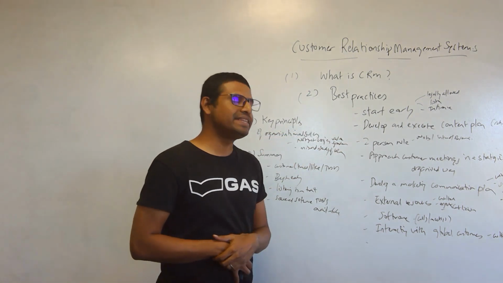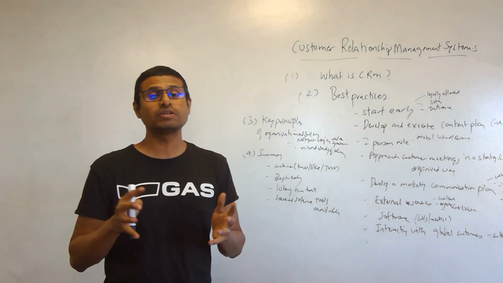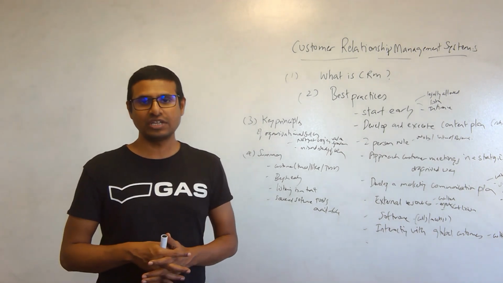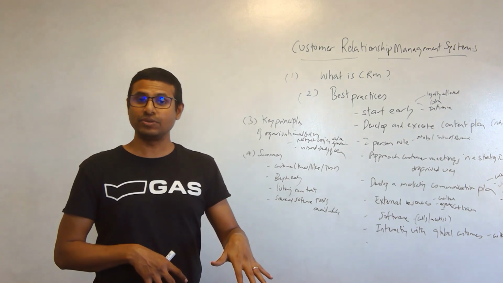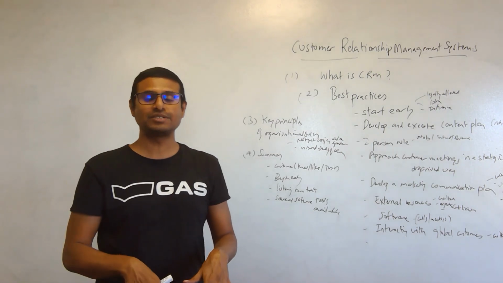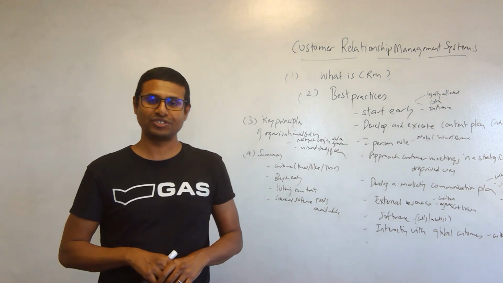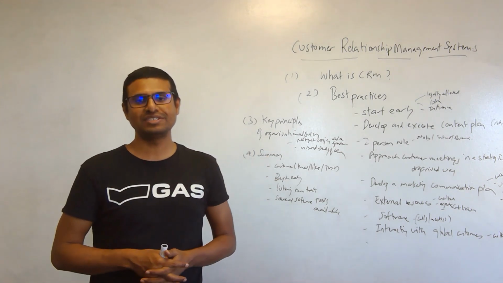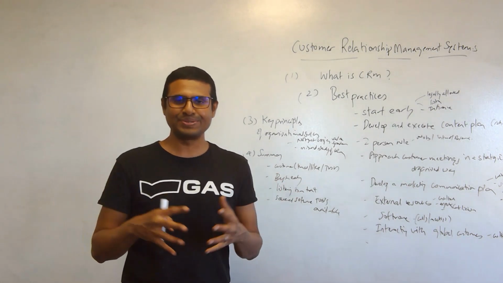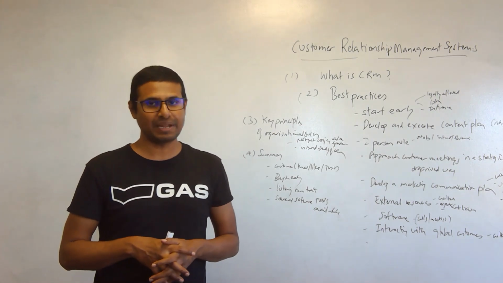Number two, develop and execute a content plan. We all know what the content plan is. It could be a simple spreadsheet that tells you who are the people that you need to build contacts with, when you are going to plan to meet them, where you are going to plan to meet them, what are the topics that you're going to talk to them about, and how you are going to approach each of the discussions. You don't need a big funky CRM tool. You could start as simple as a spreadsheet to just capture your contact plan strategy.